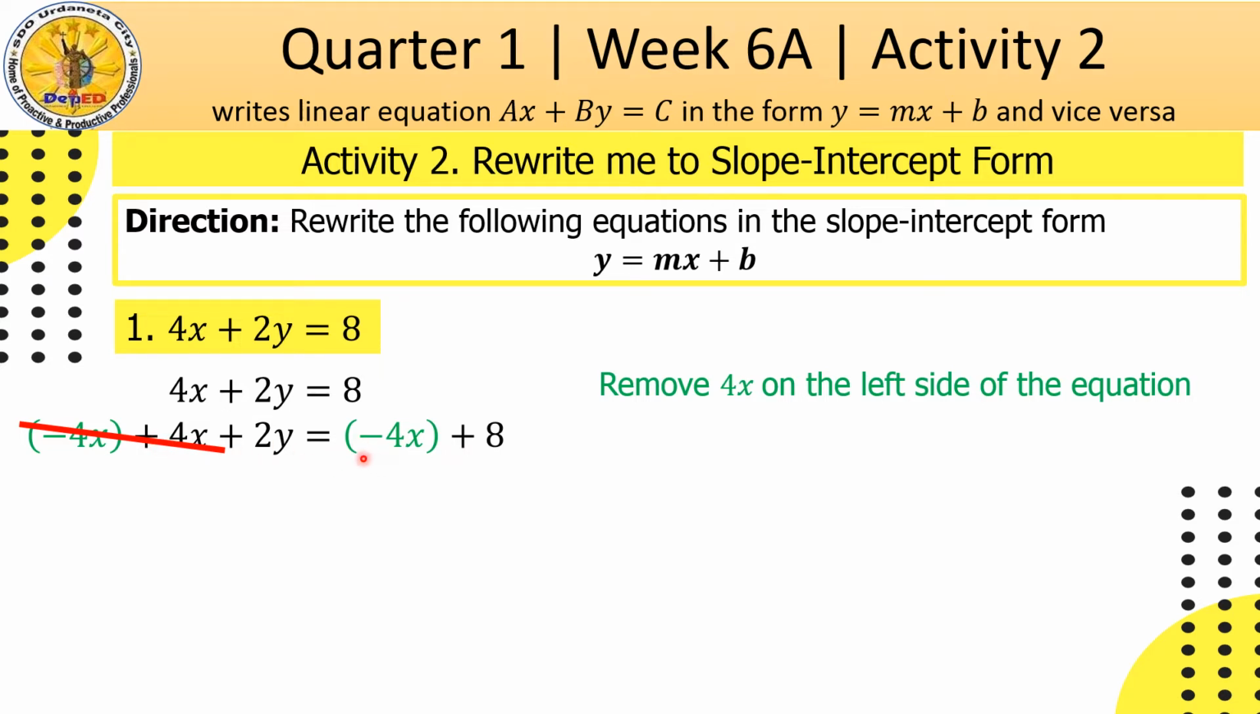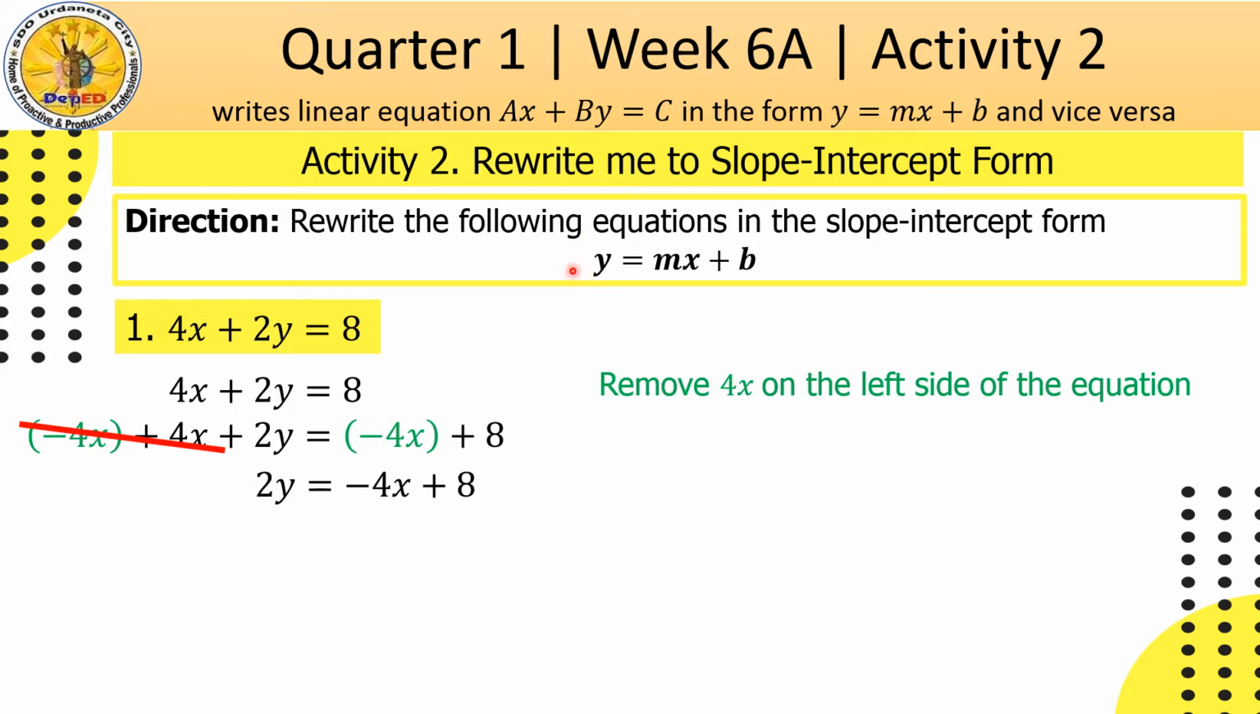And then, we need to simplify this part. So, we have 2y is equal to negative 4x plus 8. We will just copy this because we cannot add negative 4x to 8 since they are not like terms. Okay? Next, if we're going to observe again the slope-intercept form, there is no constant beside y aside from